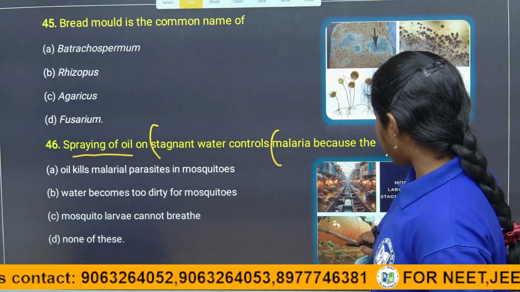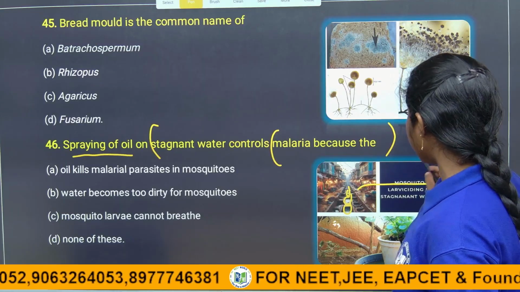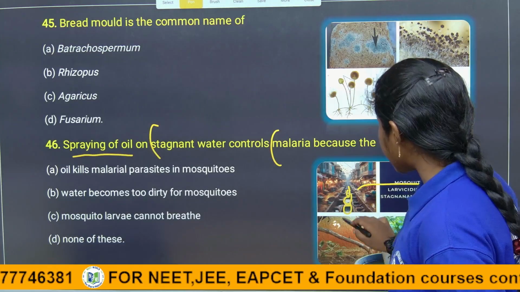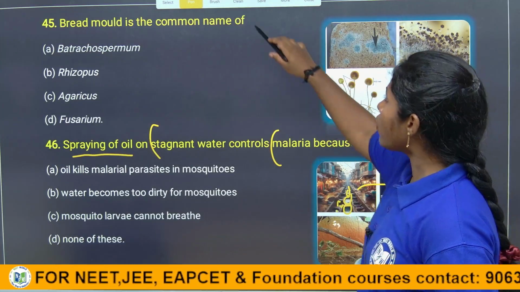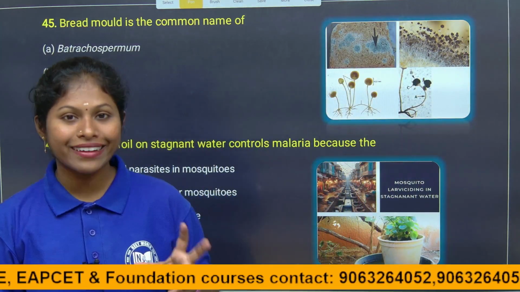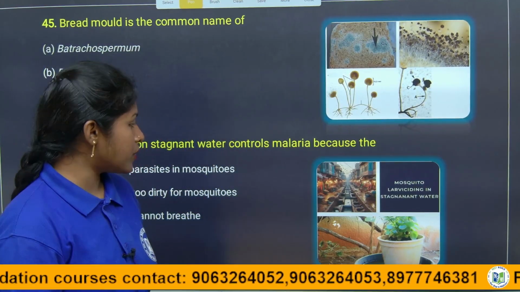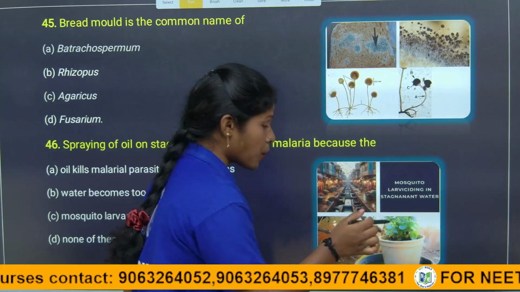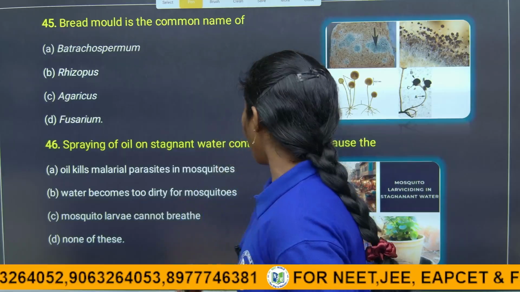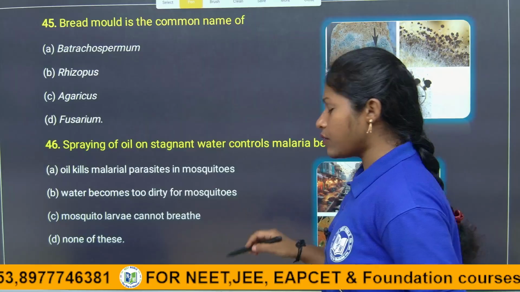So here, see, these are the stagnant waters, children. The mosquito lays eggs in the stagnant water. The mosquitoes lay their eggs in stagnant water. The mosquito chooses the stagnant and dirty water present near the houses, in the drainage and in the pots and all that. That is why, when we see stagnant water, we have to pour it out. So when the mosquitoes lay eggs on these stagnant waters,